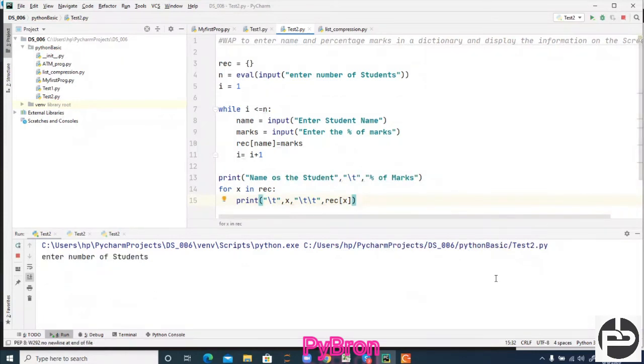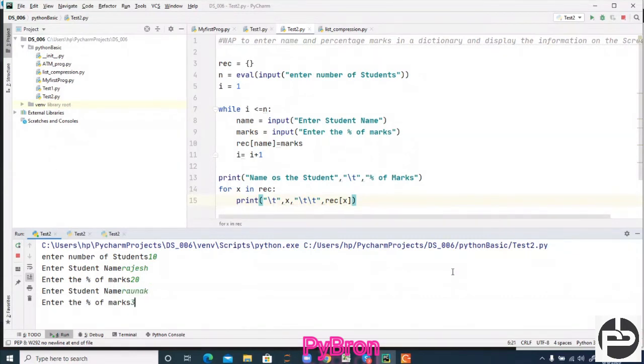So what is it saying, enter the number of students, right? I am passing 10. And now enter the name Rajesh, it will ask percentage, 20%. Similarly enter the name. So again I am passing Ronak, and here percentage 30%. It will execute 10 times, because I gave the number of students 10.